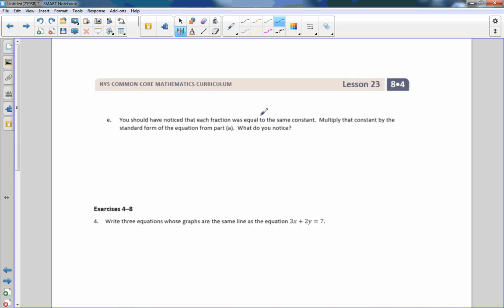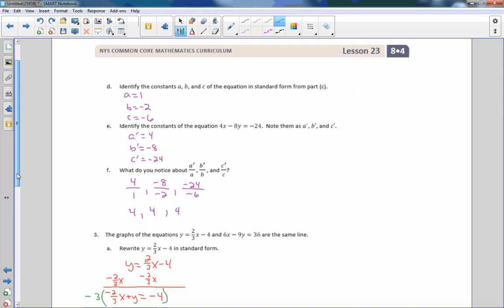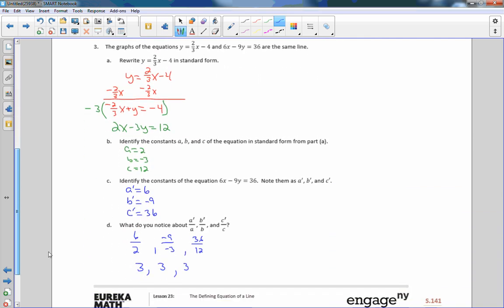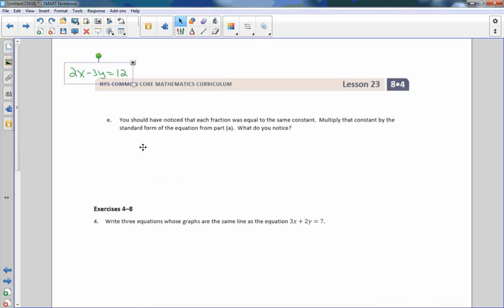You should have noticed that each fraction was equal to the same constant. Multiply that constant by the standard form of the equation from part A, and what do you notice? So what they're saying is, if we go back up to part A, and take this standard form right here and multiply it by 3. So 2x minus 3y equals 12. So I'm going to copy that. And we're going to multiply it by this 3 that we came up with. So if I go back to this problem here and put it here, and take this equation and multiply it by 3,